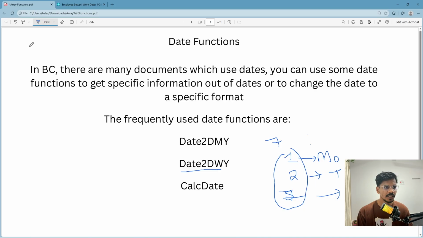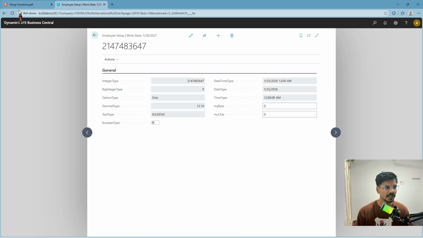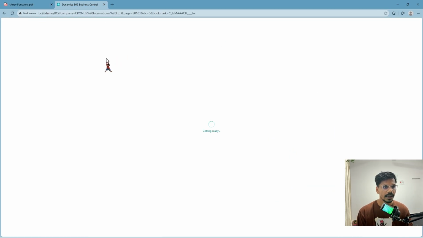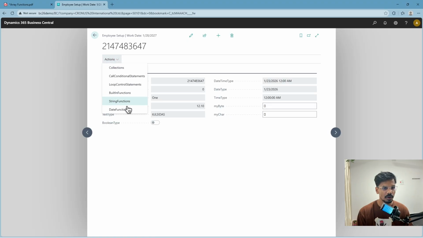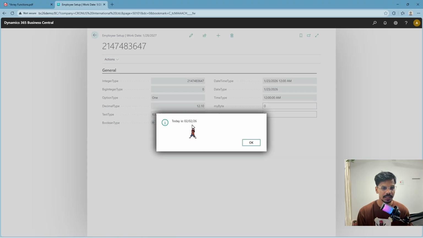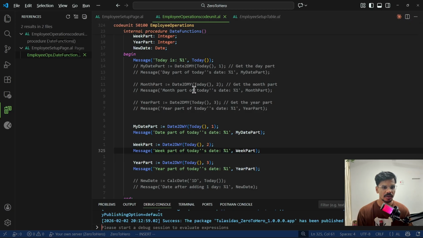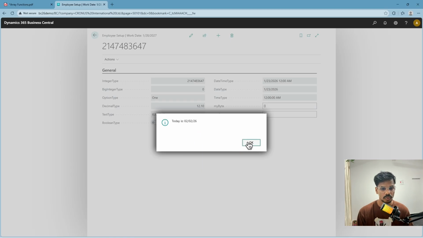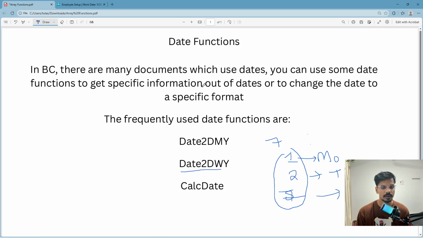So now it is published. Let me go to my Business Central, refresh this once, and click on date functions. Here you can see again we have this message which is today. Today is 02/02/26, and here you can see the date part of today's date is 1, because